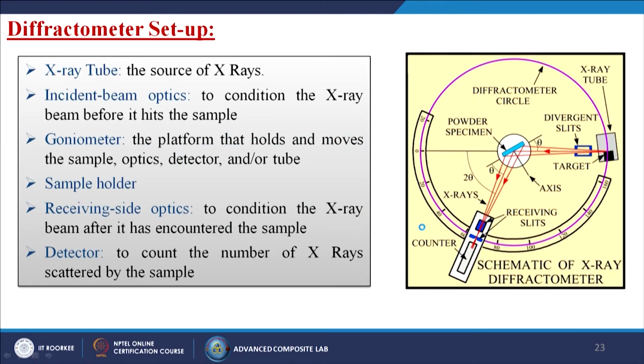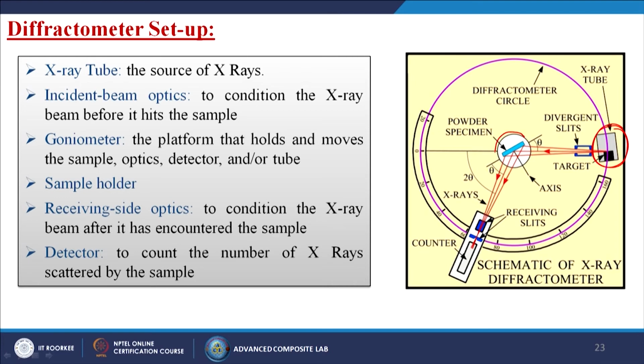Now, we are going to discuss the diffractometer setup and how it actually works. First, it has an X-ray tube, which is the source of X-rays. In this particular case, this is the X-ray tube giving you the source of the X-rays. Then incident beam optics condition the X-ray beam before it hits the sample. So, we have some kind of slits, through which the X-ray beams come and then fall onto the target itself. Then we have the goniometer, the platform that holds